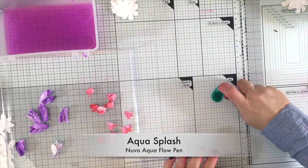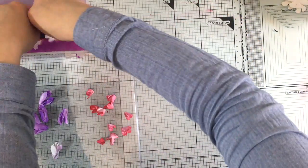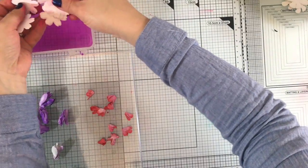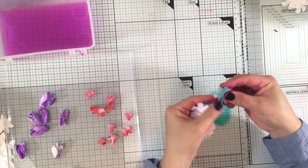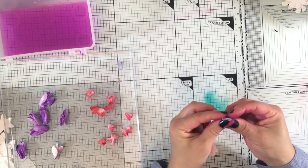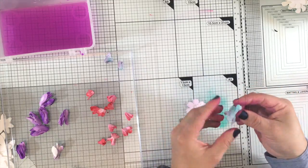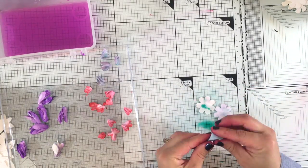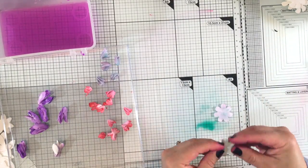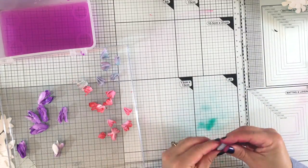And now I'm going to use the Aqua Splash Nuvo Aqua Flow pen. This is a blue color, and you will notice that I'm going to put all these dyes at the same time there in that water, and I'm going to add this blue color to the flowers. But you will notice that the ink in my hands, and not only the inks in my hands, but the ink in that water container is affecting the results. So if you want pure colors, especially when you change colors, you might need to change the water,